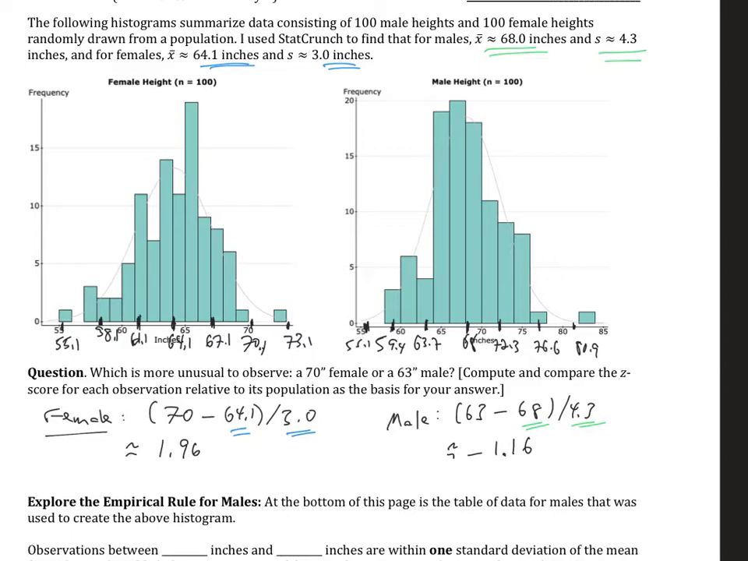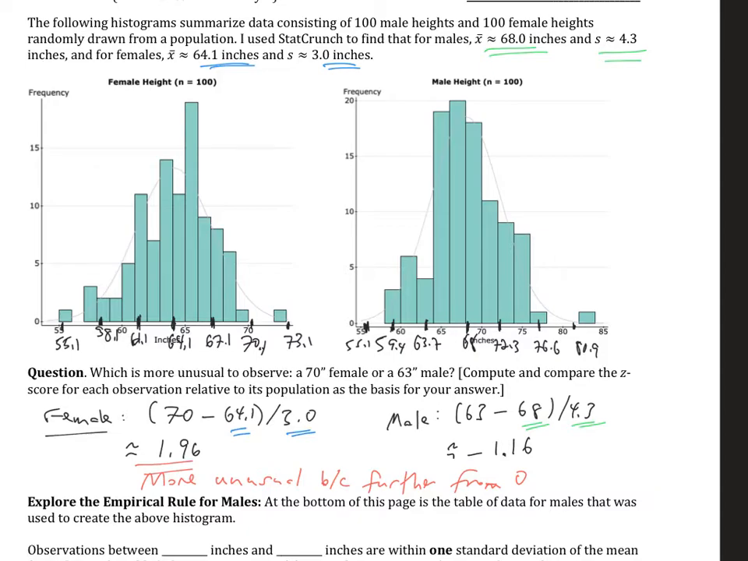So in this case, the woman's score is more unusual than the man's because it's further away from 0. So a 0 z-score is average, and the further you are from a 0 z-score, positive or negative, the further away